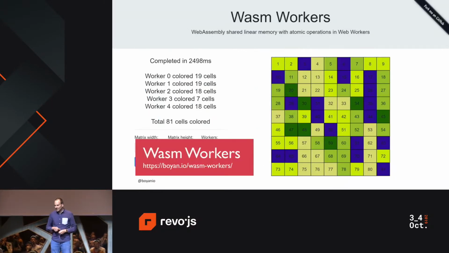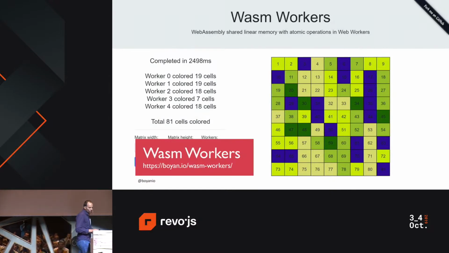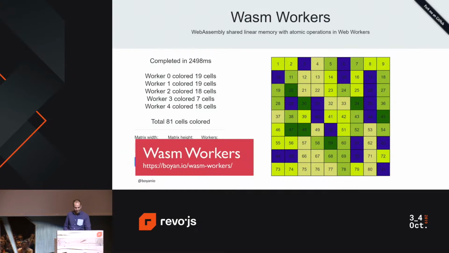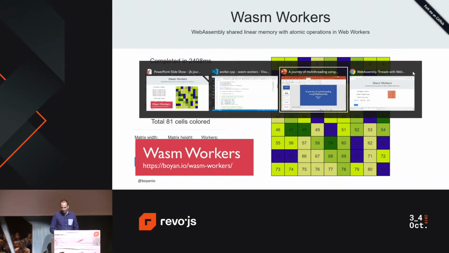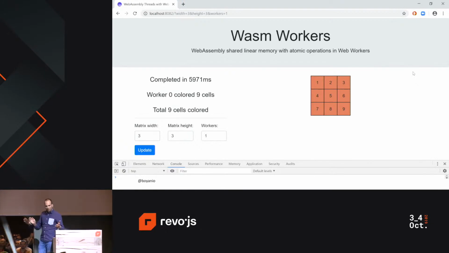So now I have prepared a short demo to see how this really works with WebAssembly, and what exactly we can do with it. I have created a very simple application here where I have a matrix with a certain number of cells, and then I want to create a simple application written in